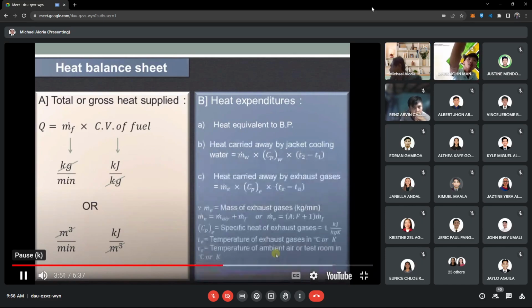The next part is the heat carried away by exhaust gases. So that is the mass flow rate of exhaust gases in kg per minute. Now there are two ways by which we can calculate this mass flow rate. We know that the exhaust gases are formed by the combination of air and fuel mixture. So if those values are given in the example, then we can express the mass of exhaust gases as the mass flow rate of air plus the mass flow rate of fuel. Or if the air fuel ratio is mentioned in the example, then it is given by